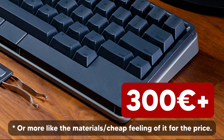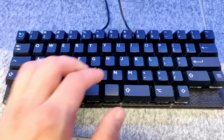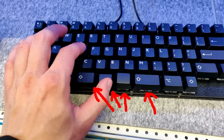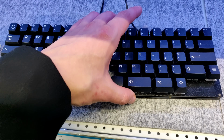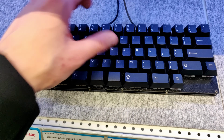kind of caught my interest as well, namely the 7S Pro, which has an HHKB layout, but the spacebar on the bottom row is split into multiple different keys, which could potentially achieve the same effect, and it's also a split keyboard. Which, to be honest, I don't really care about that much, but I actually didn't buy that one